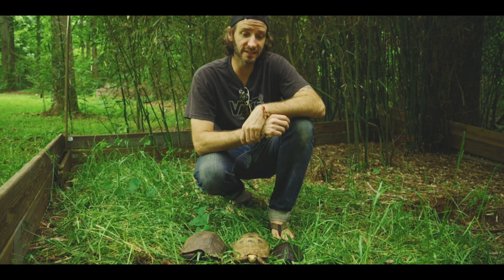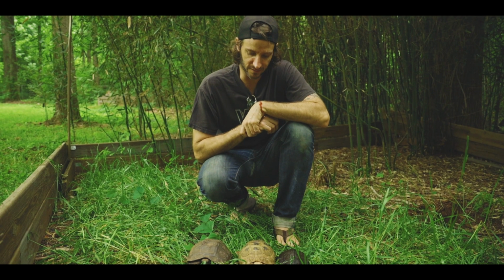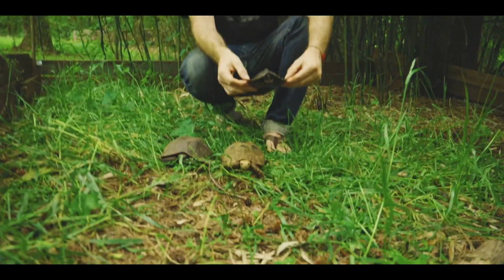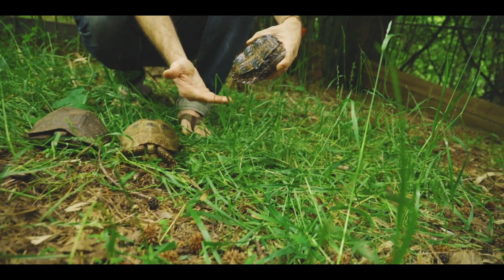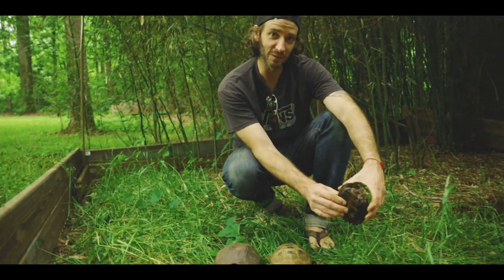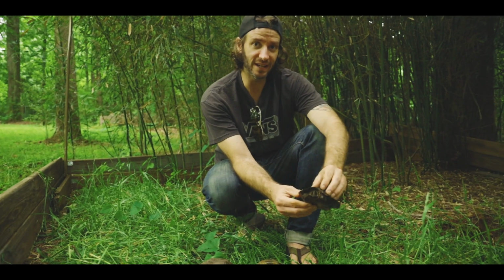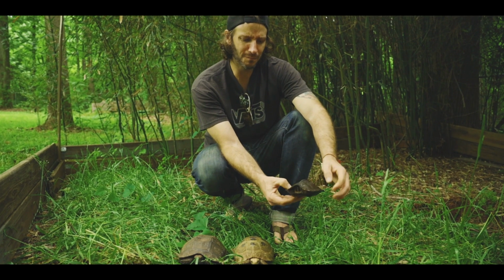All right, so lastly, these are my Asian species. These are species that are just some of the coolest on the planet in my mind. Starting with, this is my little Hieremys annandalii, and this is a really awesome species. The common name is, oh, it's gonna poop on me. That's their defensive behavior, is pooping and peeing, which most of the time works because I really don't want that on me. Common name is giant Asian wood turtle or giant Asian pond turtle,